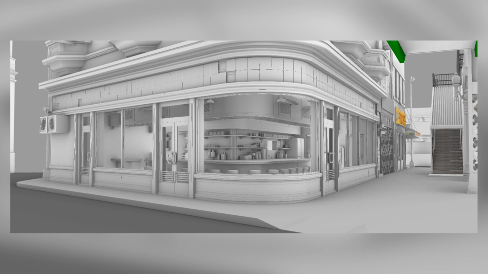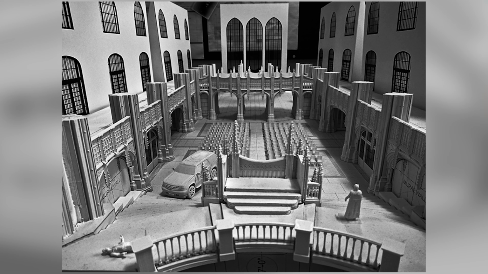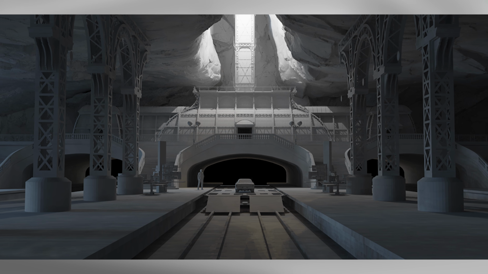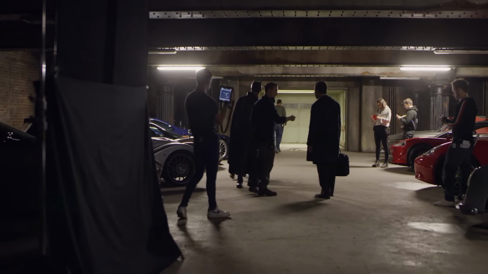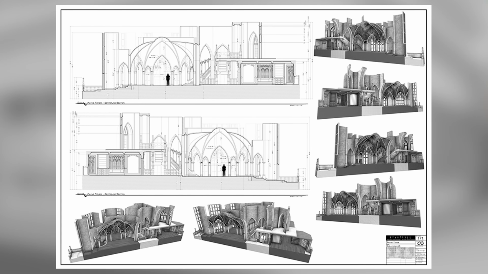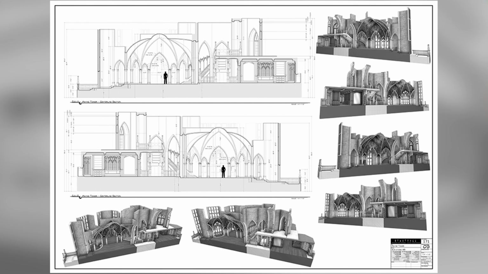So before any of these sets were ever built, they were all designed in a VR space that Matt Reeves and James could put on a VR headset and walk around in, and really get a feel for where they wanted to position the camera in the set, how the set was going to be built. If a certain part didn't work, they could work together collaboratively to change that and work with the set builders to be like, hey, we don't want this wall here anymore, or whatever. And it basically let them plan everything out down to the most minute detail before ever arriving on